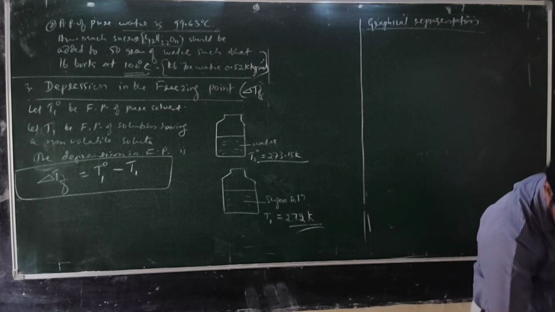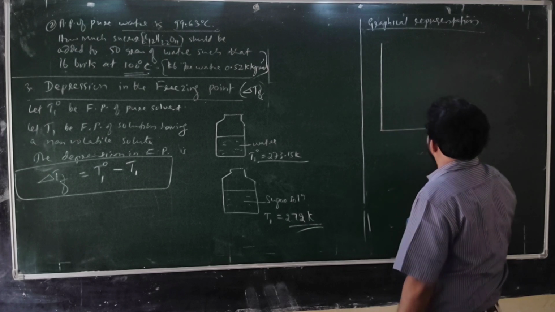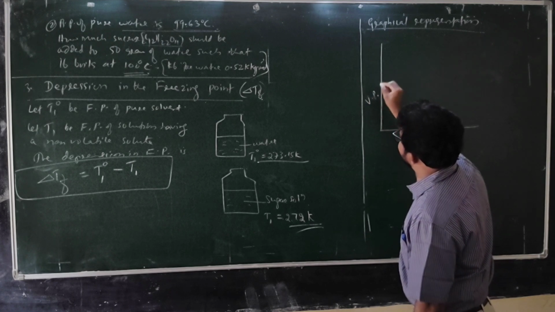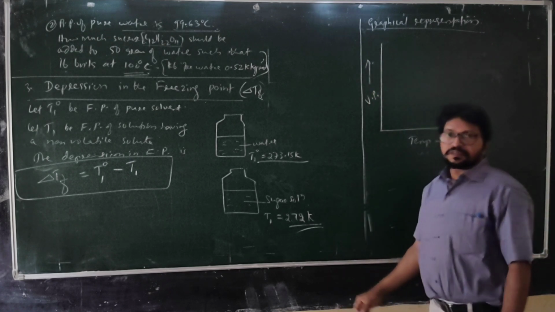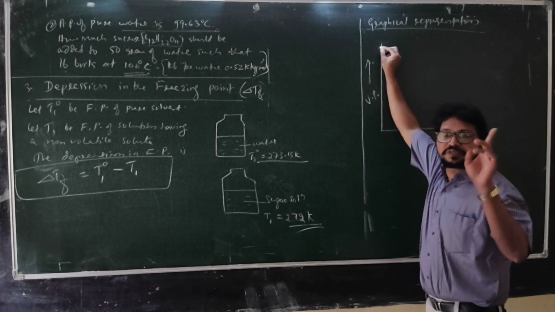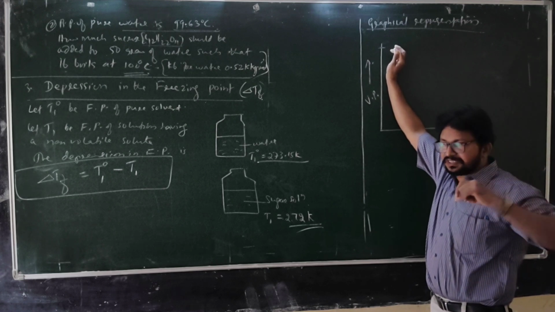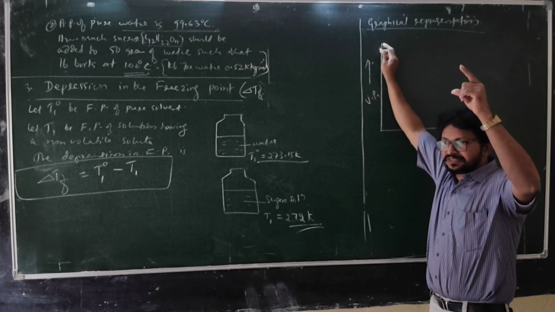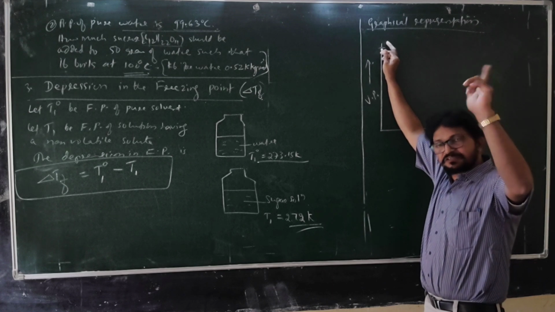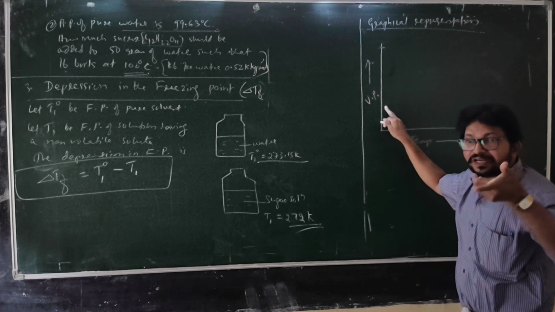So as usual, in the x-axis you take temperature, and in the y-axis you take vapor pressure. Now look here, you are not going to take the atmospheric pressure because you are not boiling. Now your equilibrium is similar to this, I tell you. Between liquid and vapor was the equilibrium for boiling point. Now it is between solid and liquid.